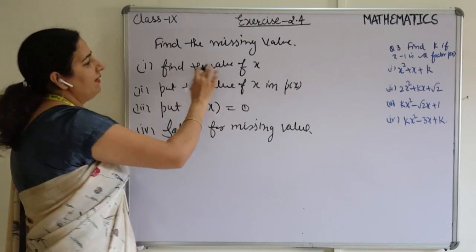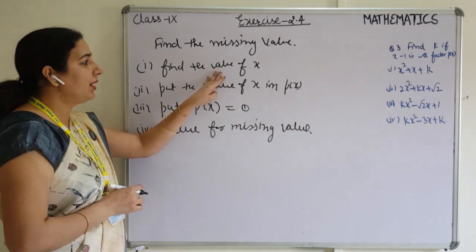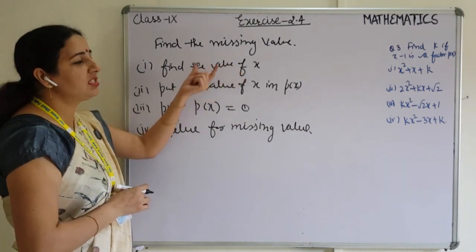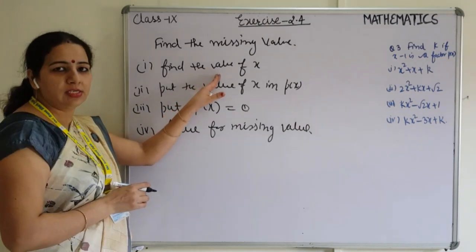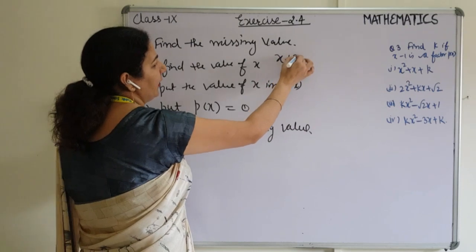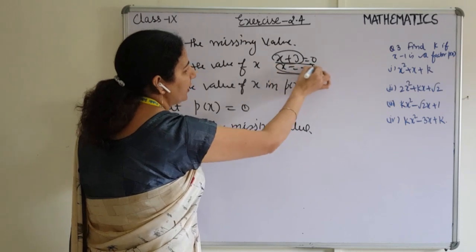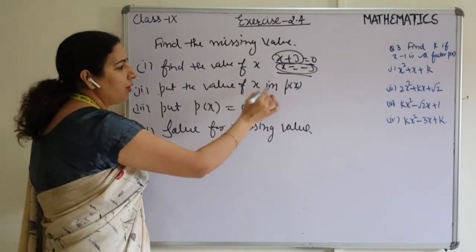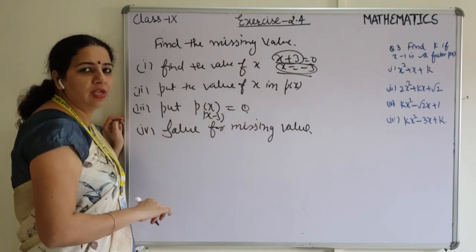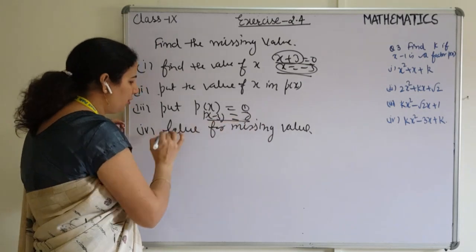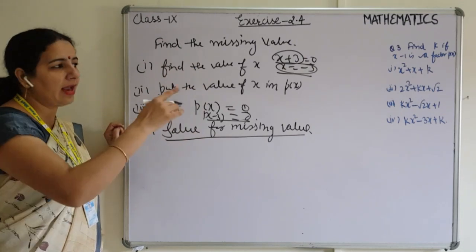First, if they give you x is equal to 3, then the question is very easy. We will use x is equal to 3. But if they write x plus 3 is a factor, then we will first find the value of x by putting it equal to 0. Like x plus 3 is a factor, then x is equal to minus 3. If this is a factor, then it is known as the 0 of the polynomial. Put this in px, then p of minus 3 you have to put equal to 0. When you put it equal to 0, you can solve for the missing values. These points will be clearer when I take the question.